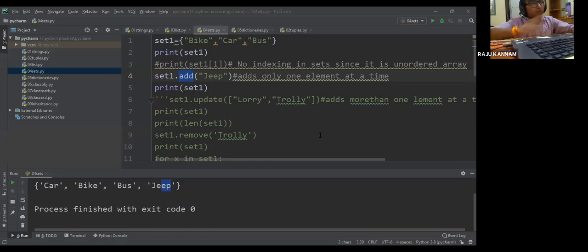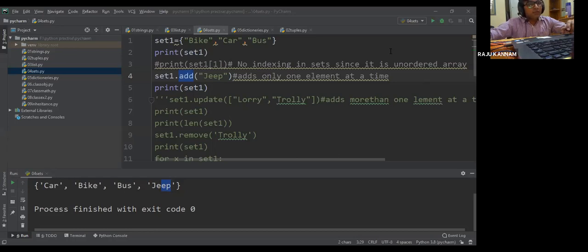So if you want modification of the elements, then you go for list. Here they have given different scenarios, different collections, and as per your requirement you can choose whether you go for a tuple, list, set or dictionary.